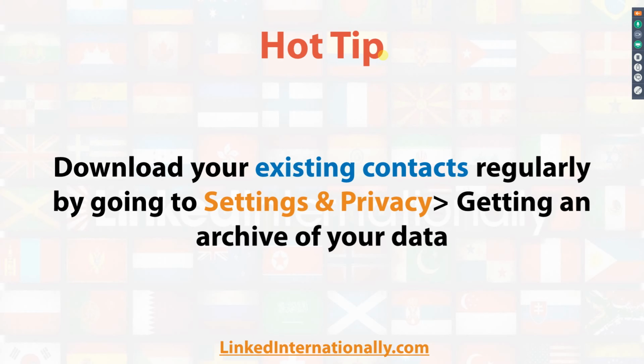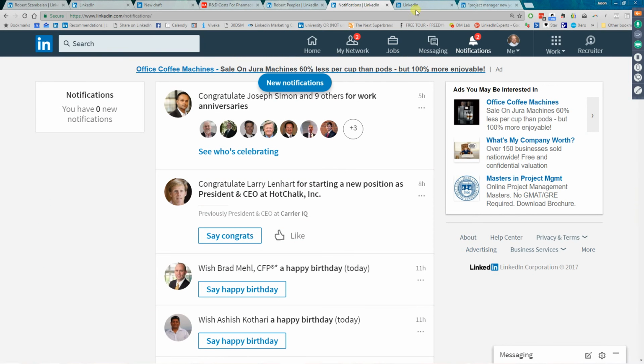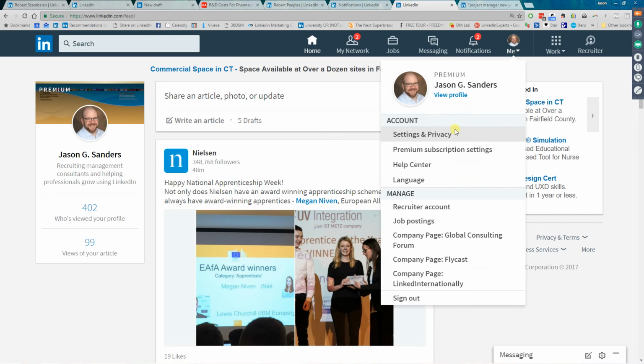Now, here is a cool thing that you can do. LinkedIn gives you access to all of your LinkedIn data, including information about your contacts. So I highly recommend that you download this information. I'll show you where to get it. You go to under me, or there is a profile section in the old version, but it's up here in the right corner. You pull it down, and there's settings and privacy. I think it's just settings in the old version. I'm not sure. But under settings and privacy, click on that, and you can scroll down to